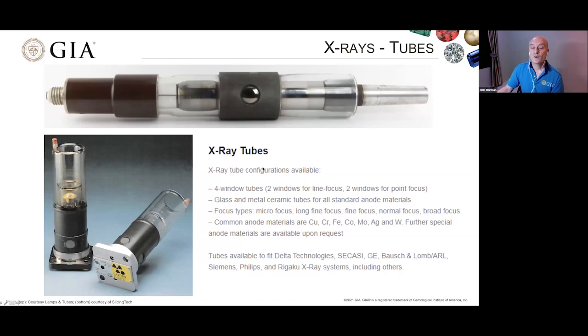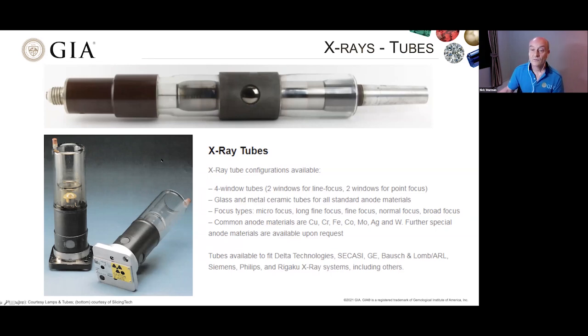So from the text here, which I actually took from a website which markets these, you can see that there are different types of anode material. We have different metals that make up the anodes. And for the actual material of the tube, they originally had glass, but nowadays, as you'll see later, they don't really have glass so much. But these tubes can still be purchased and used nowadays.